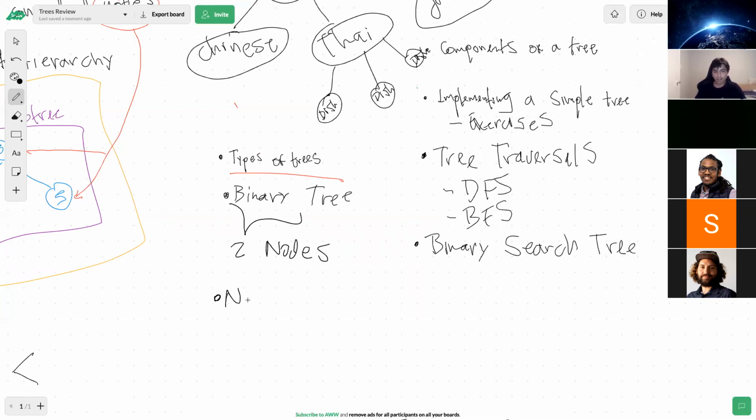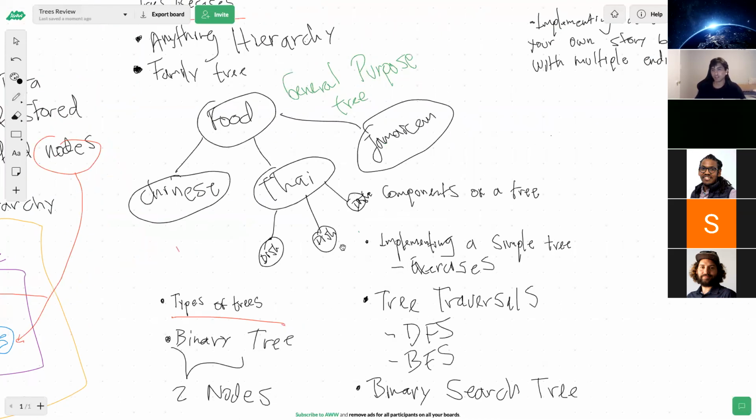We talked about an n-ary tree, which can have n nodes. So this tree that we saw here is an n-ary tree.